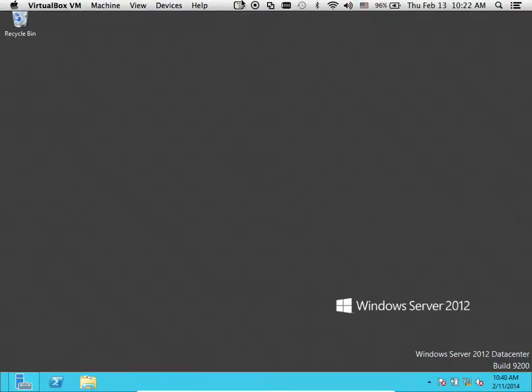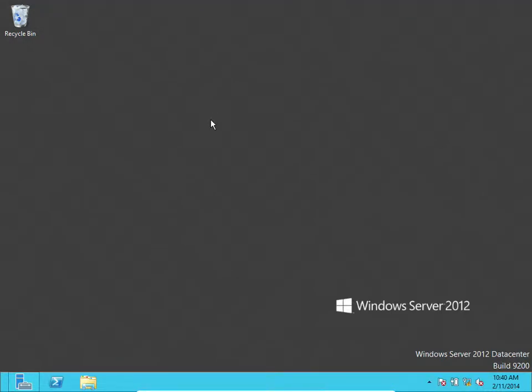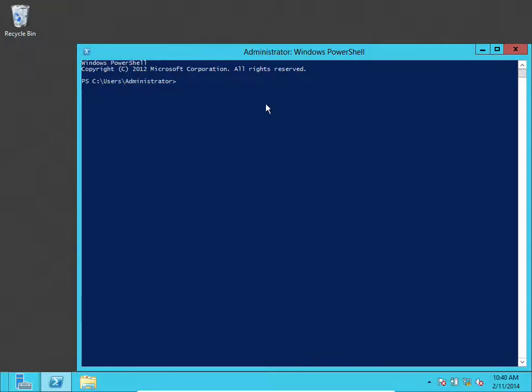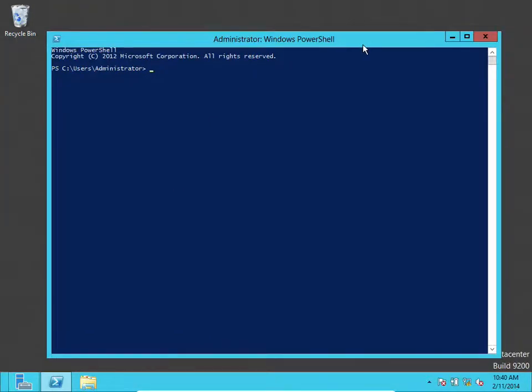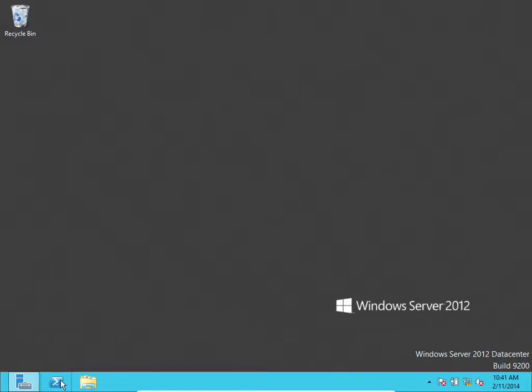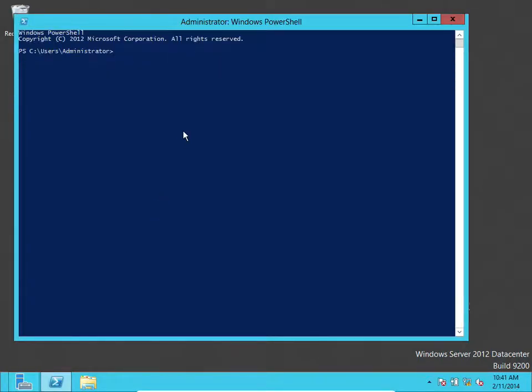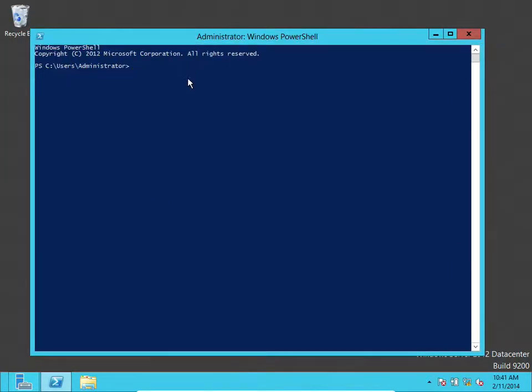Okay, my screen is maximized. Let's go to the PowerShell. Right click on the PowerShell and click on it. I'll close this. Now what we're going to do is copy a file that is usually located